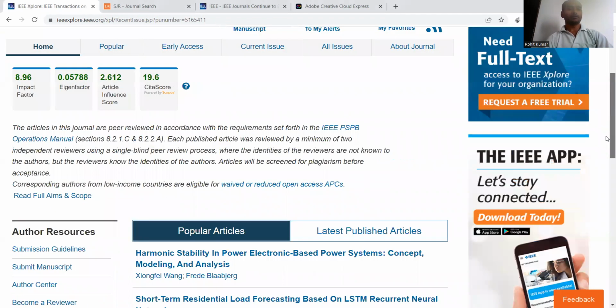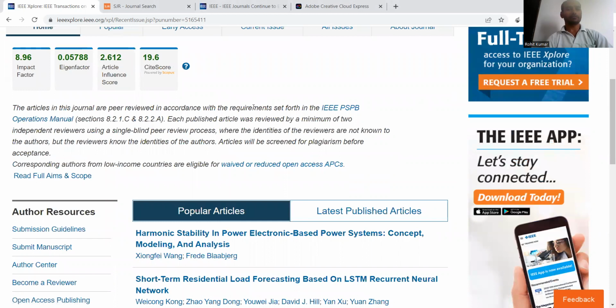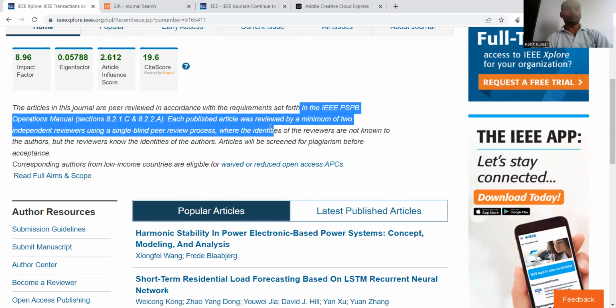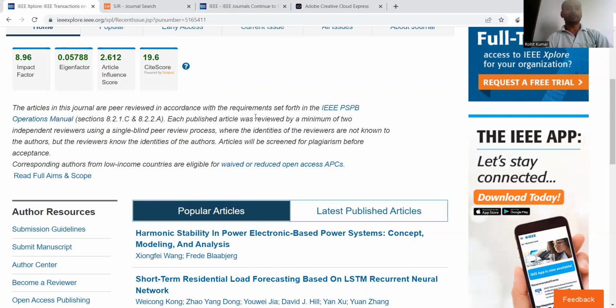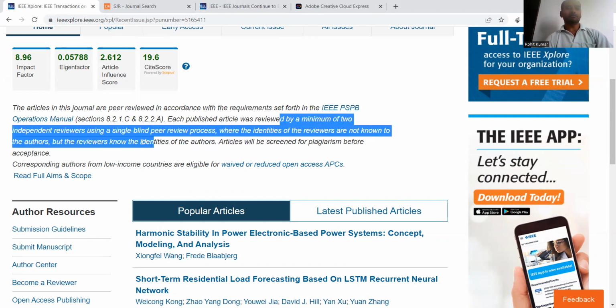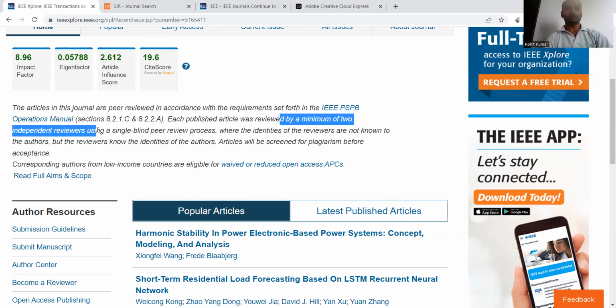Now coming to the details of this particular journal. So here most of the articles are peer reviewed, meaning almost all of the articles are peer reviewed. Additionally, the IEEE PSPB manual is used as the guidelines to publish the articles. In addition to this, a minimum of 2 independent reviewers are used for peer review, and peer review is a